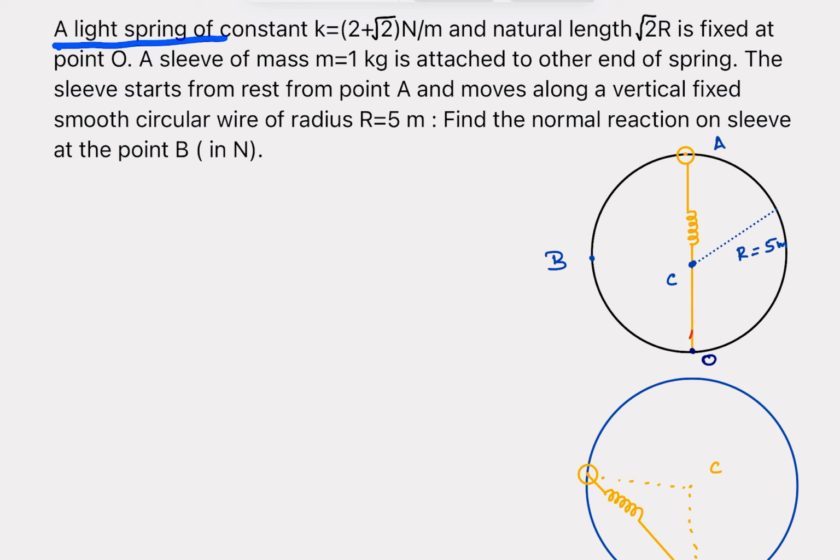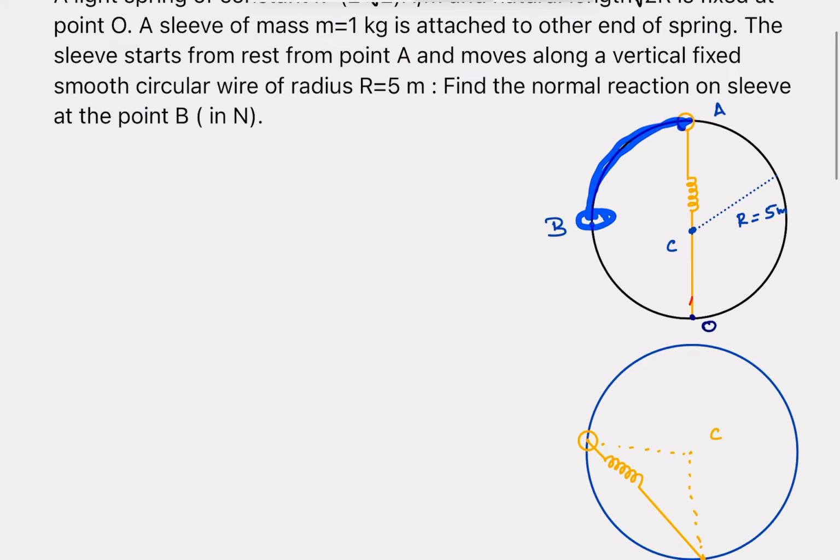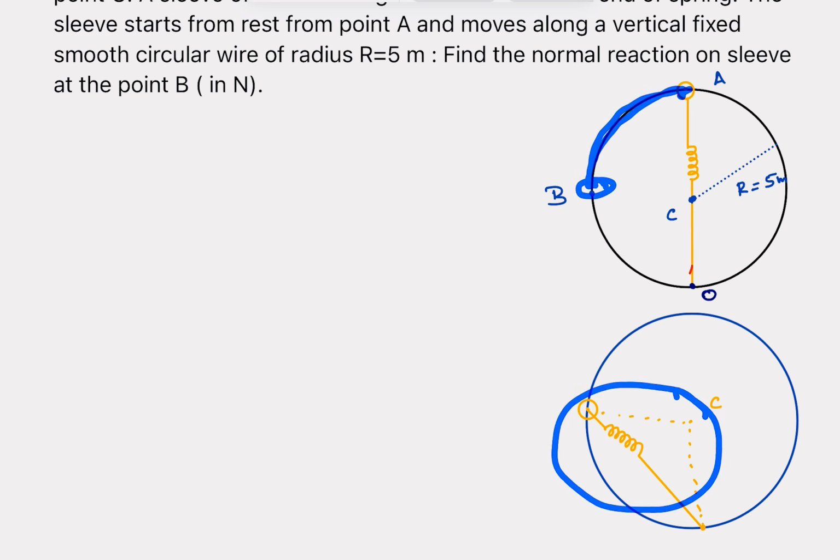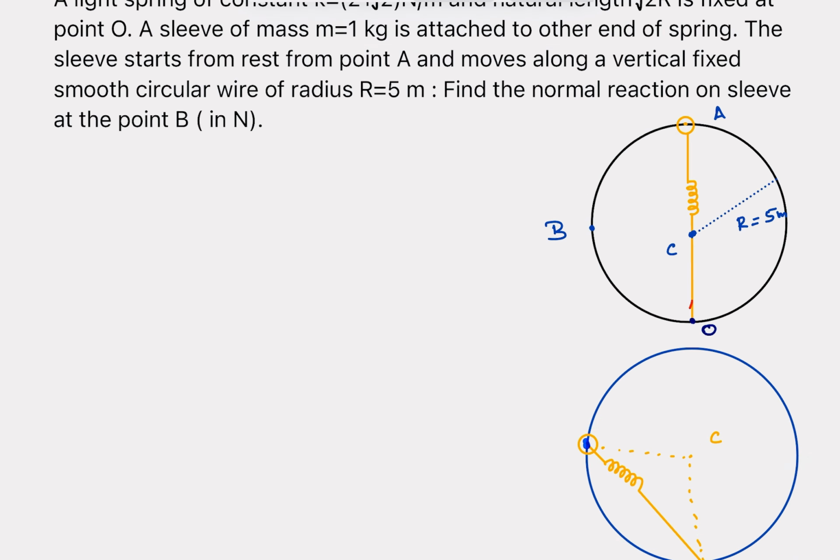So we have a light spring of constant k, the constant value is given, and the natural length of the spring is also given. It is fixed at a point O. So we assume this is point O and it is fixed here, and a mass of 1 kg is attached to the other end of the spring, and the sleeve starts from rest. It is moving on a smooth vertical circular wire. So it starts sliding down and comes here, like the second diagram shows. And now when it reaches point B,